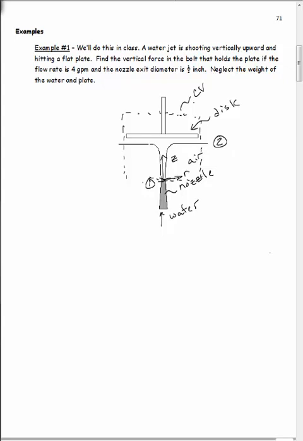Okay, so now what we can do is draw our free body diagram. We can do it right on this if we want. Right where this control volume cuts through that bolt, we're going to have a force due to the bolt. That's what we're trying to find. And that's really the only force. P here, the force due to pressure,